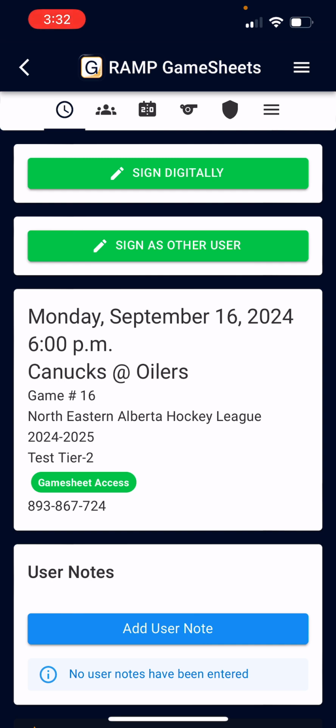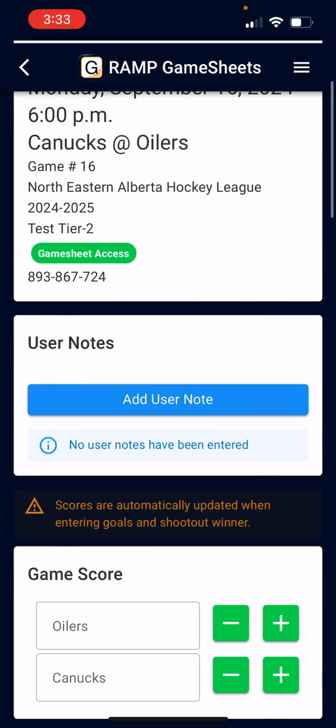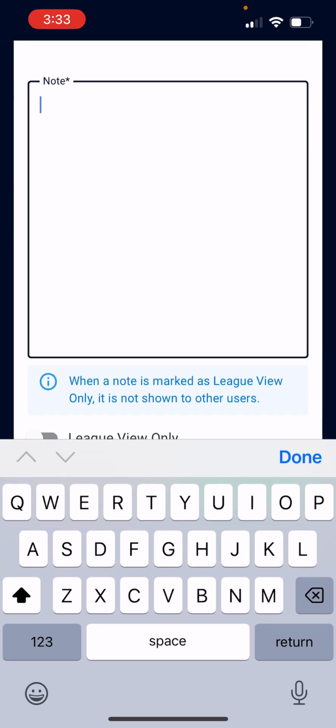The clock symbol. Oh, and this is also for the home and visitors. I forgot to show you this, but it works the same way. Under the clock symbol, I've got information about the game. There's a section called user notes, and I could do this as the home manager too. If I want to add a user note, I can say, you know,